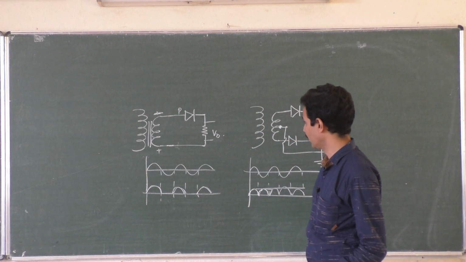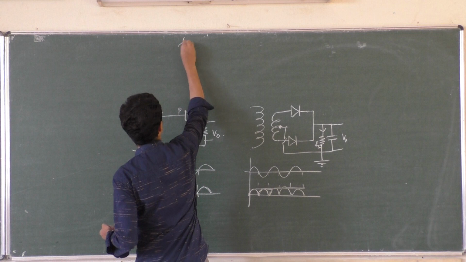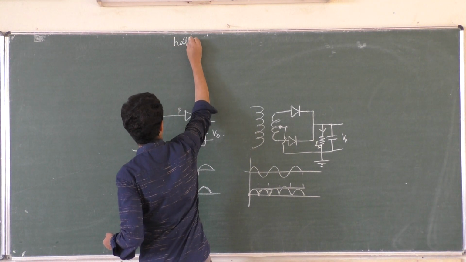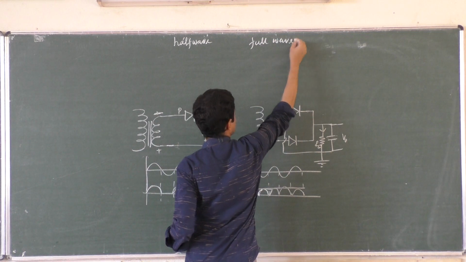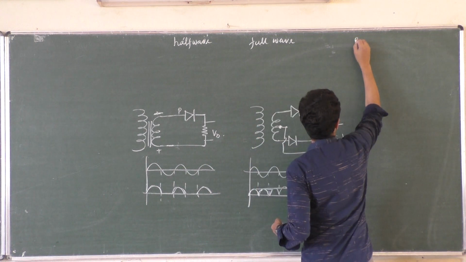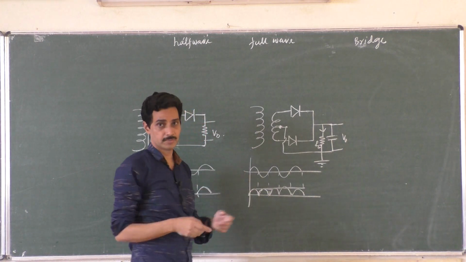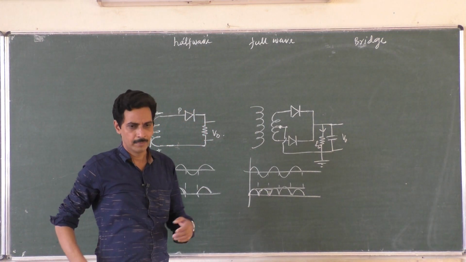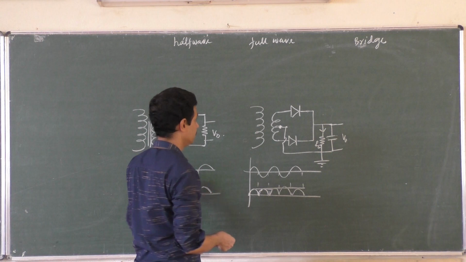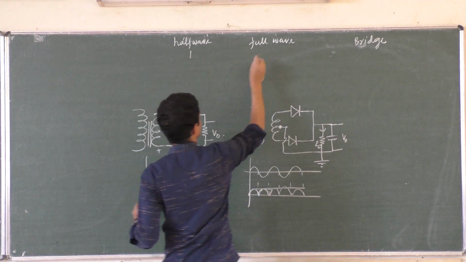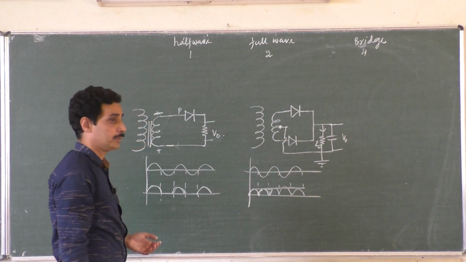Okay. Now if you compare the two, full wave and half wave rectifiers, in full wave rectifier, this is half wave, and one common thing is number of diodes, and you have a bridge rectifier, another one. I'll write it here, bridge rectifier. Bridge rectifier uses 4 diodes in the form of Wheatstone's bridge. That is a method of joining them, but that much is not needed for the time being. We have a question in the circuit that is a bridge rectifier. It uses 1 diode, 2 diodes, 4 diodes, right? Number of diodes.